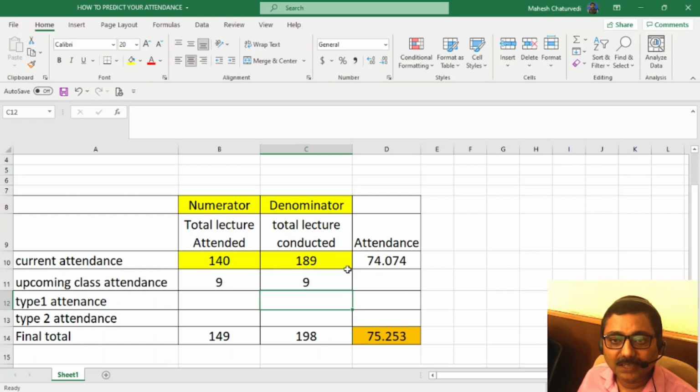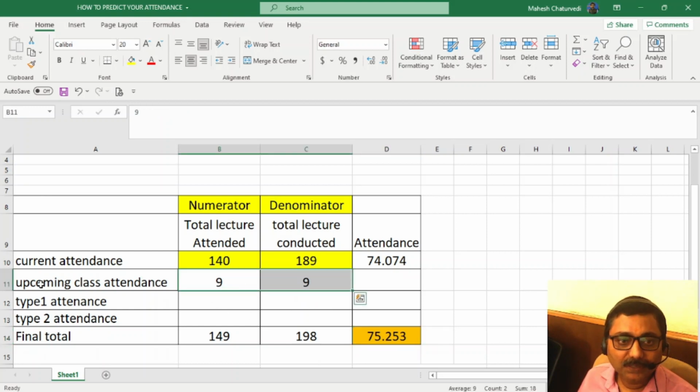So now you can understand that if in the upcoming week you attend 9 lectures and after that there is no class, don't think I have attended 9 lectures and my attendance is 75. If there are further lectures, keep on attending to maintain this, otherwise it will go down.